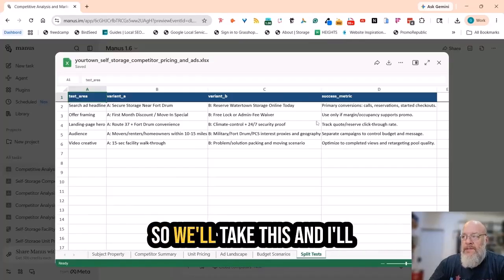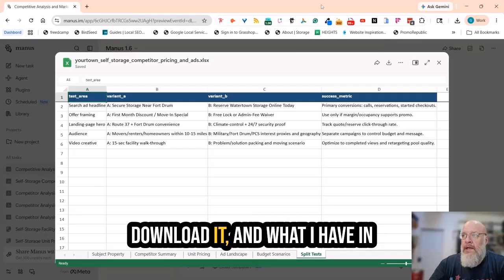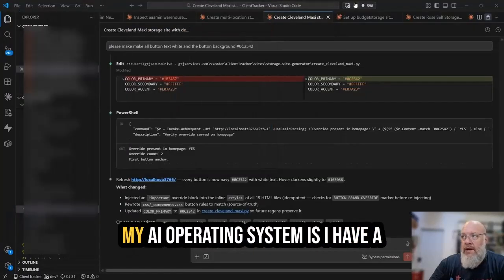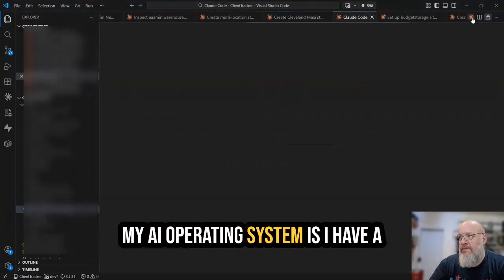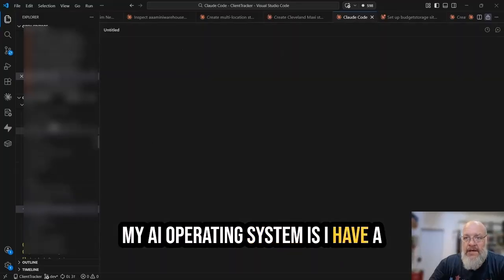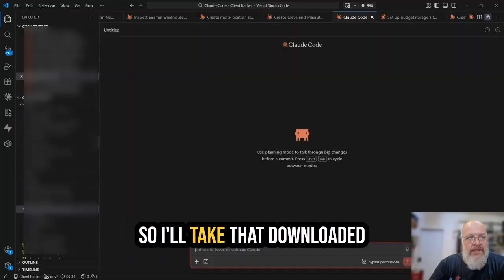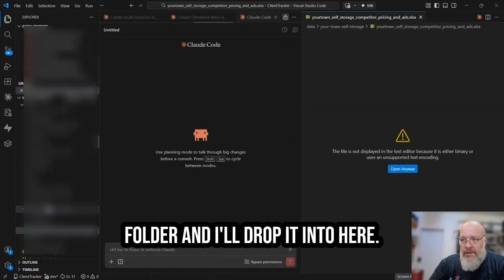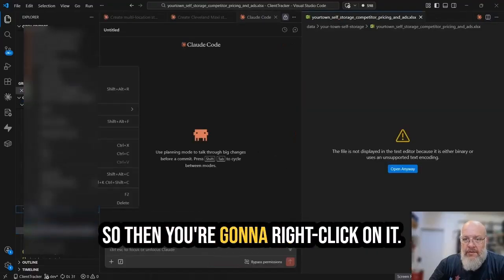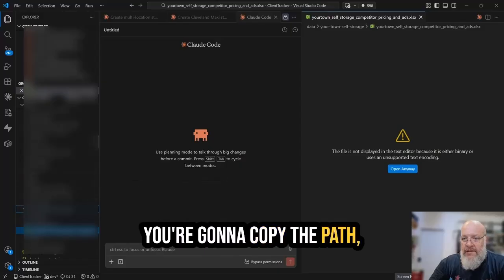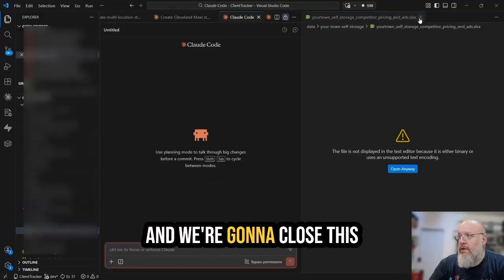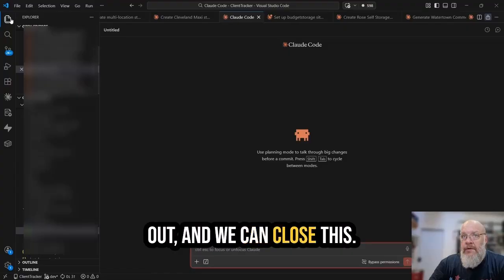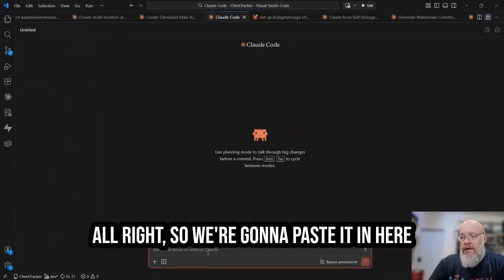So we'll take this and I'll download it. In my AI operating system, I have a folder for each one of my clients. So I'll take that downloaded folder and I'll drop it in here. All right. Then you're going to right click on it and copy the path, and we'll close this out. All right. So we're going to paste it in here